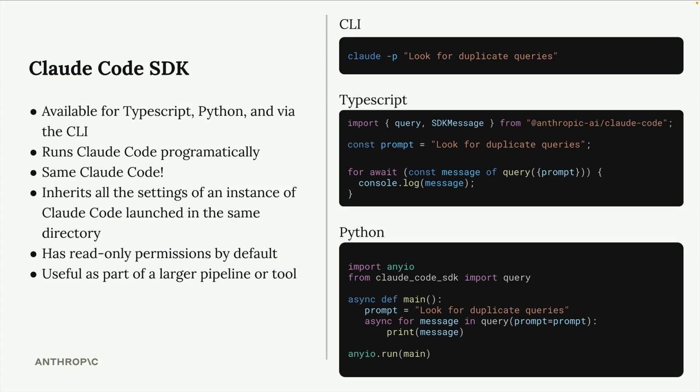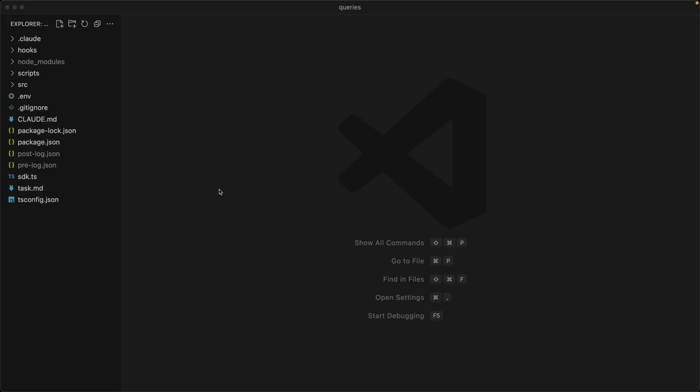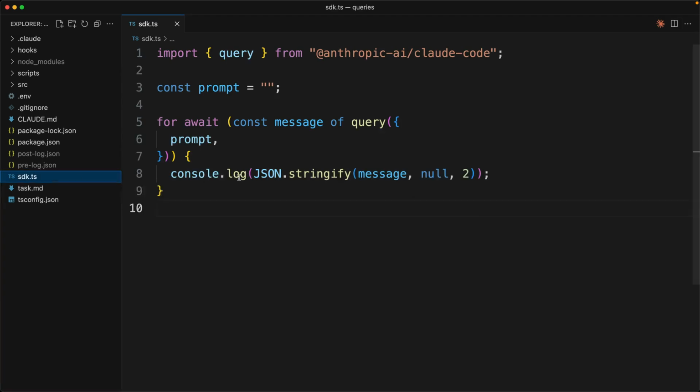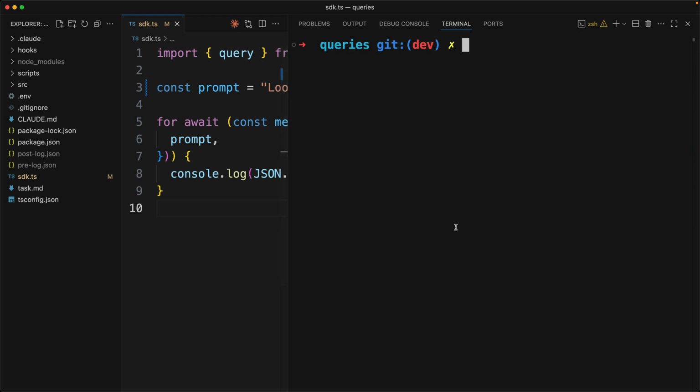Now, I'd like to give you a quick demonstration of the TypeScript SDK in particular by adding it into our existing project. Back inside of my editor, I'm going to find the sdk.ts file inside of the root project directory. Inside of here, I put together just a little bit of code to get us started with the SDK. I'm going to update the prompt at the top and ask Claude to look for duplicate queries inside the src queries directory. Then I'm going to save this file, and to run it, I'll open up my terminal and execute